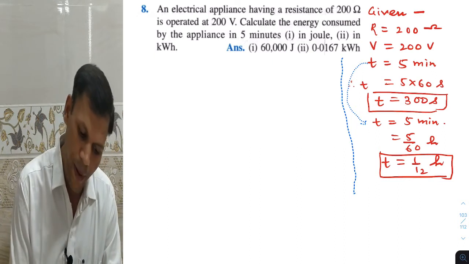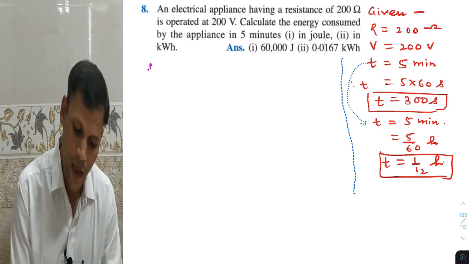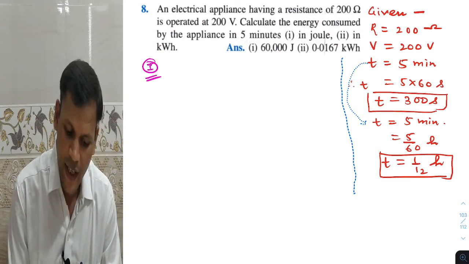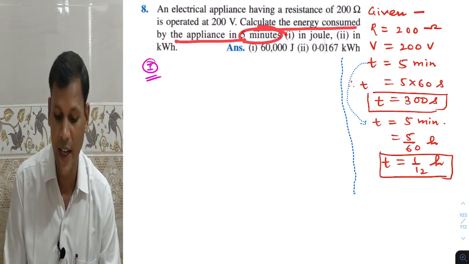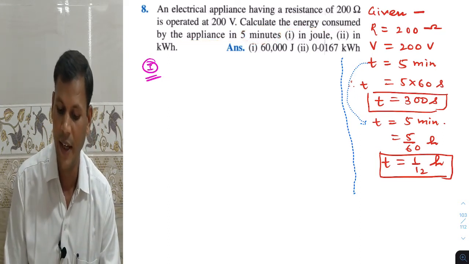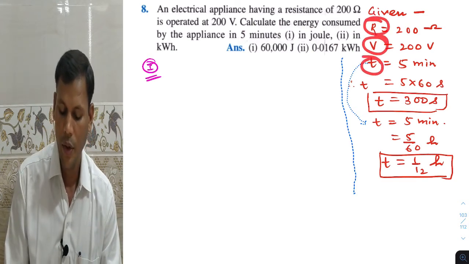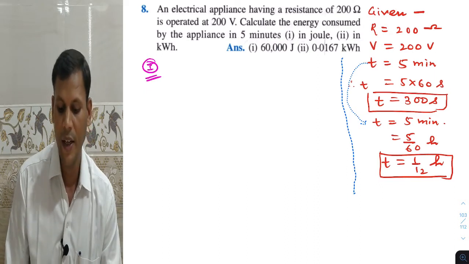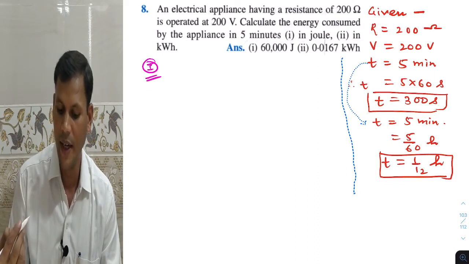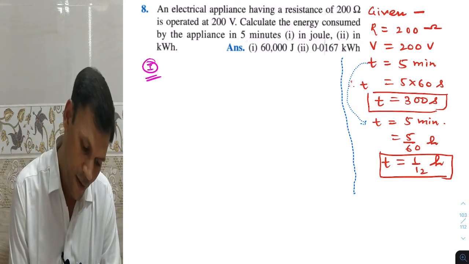Now it's the first part. What is the first part? Calculate the energy consumed by the appliance. तो एनर्जी कंज्यूम निकालना है. तो हमें एनर्जी क्या पता है, R दिया है, V दिया है, T दिया है. तो VIT हमने पढ़ा है बट I यहाँ पे नहीं है, तो V squared by R into T हो जाएगा. तो हमने पढ़ा है